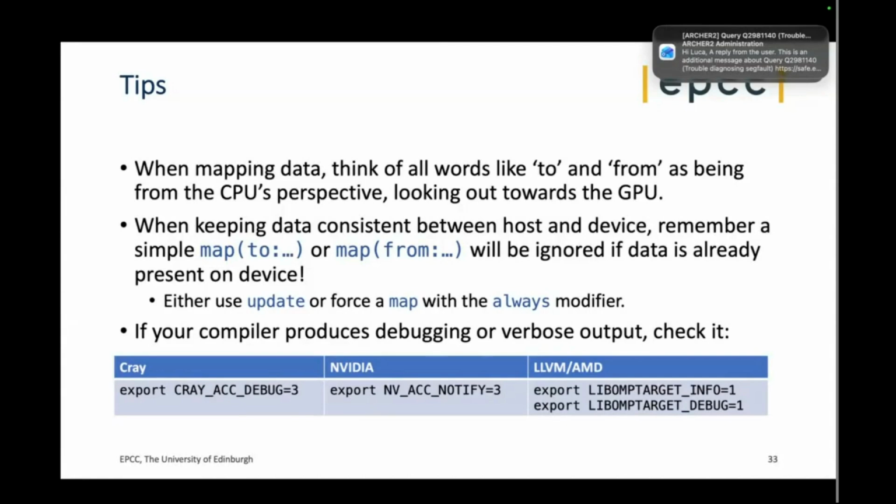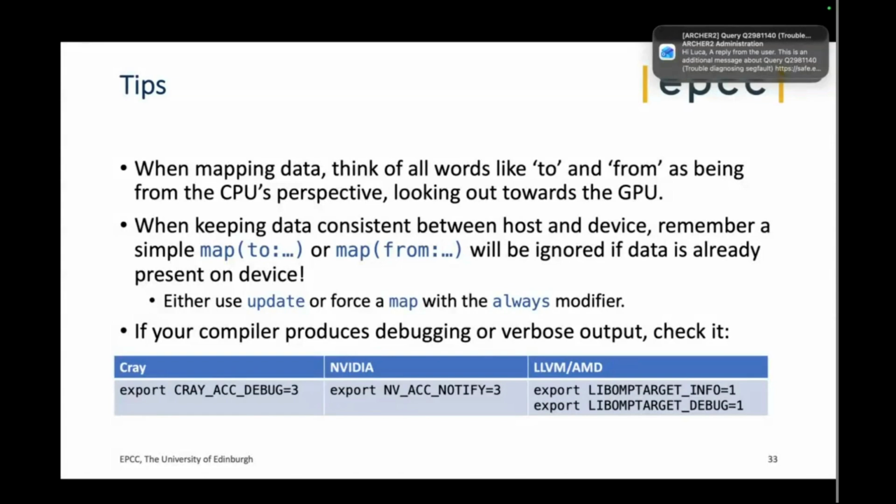Okay, so sometimes you want to see what the GPU is actually doing. So when debugging, it's useful to essentially tell the program to output information about what data is being mapped and being transferred. So this can typically be done by setting an environment variable. Now, this environment variable will depend on your compiler. So these are a few examples